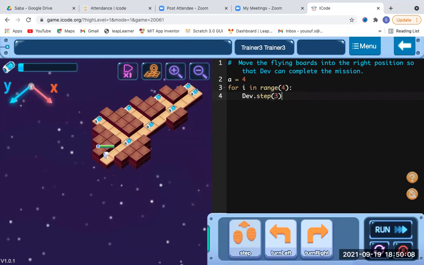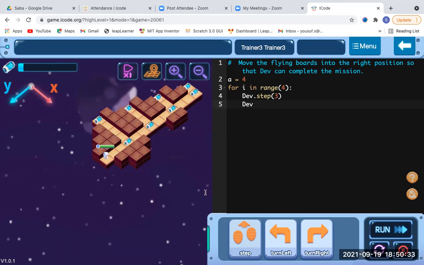After that, we have to move A steps, and A is equal to 4. We're going to decrease it, so A minus 1 we have to do. A minus 1, it should keep on decreasing within our range of 4. So he should take the left direction and then take this item.